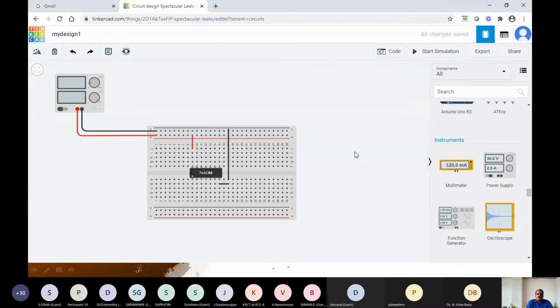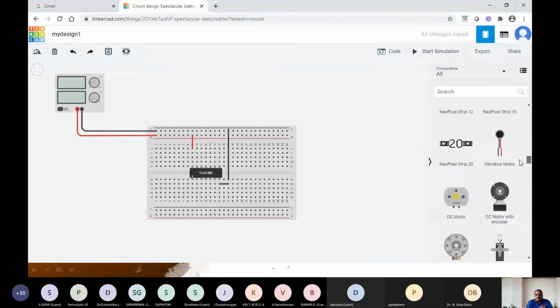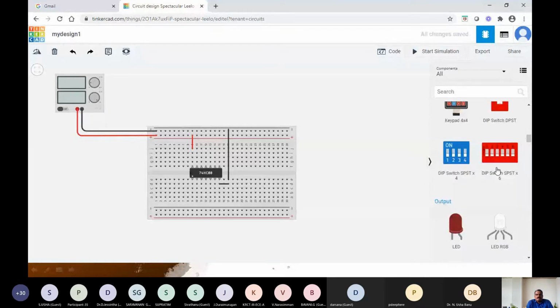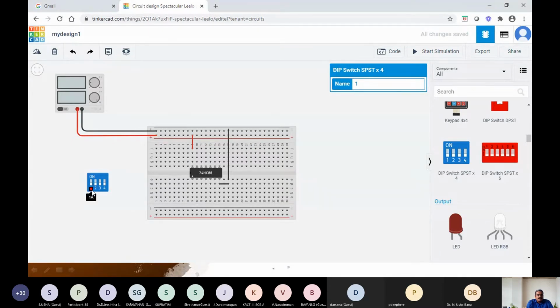Okay. So now we have to give the inputs, right? So as it is a digital input, I will take the help of the switches in order to connect it, right? As we have two number of inputs, it's enough if I use this DPST switches. Yes, it comprises of 4 number of switches. So the topmost portion will give you the on. Again, it has 4 number of connections. So it is 1A, it is input, and 1B is the output.